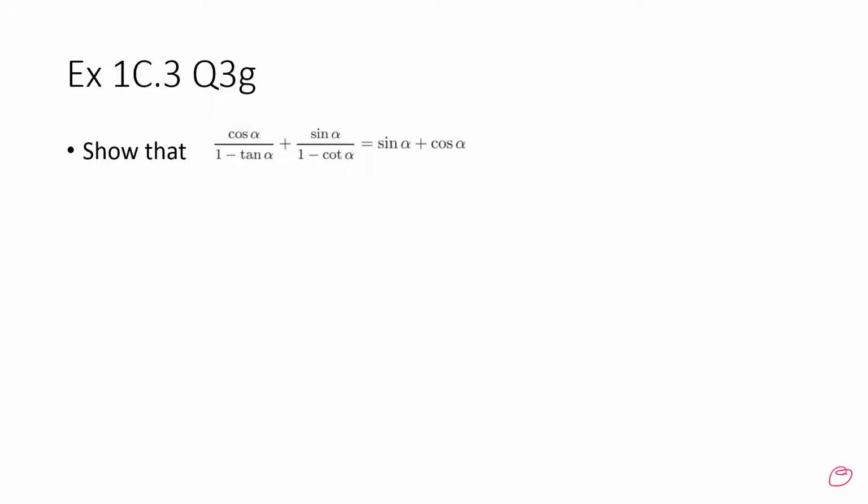Some of you have asked about this question from exercise 1C.3, question 3g. Show that cosine alpha over 1 minus tangent alpha plus sine alpha over 1 minus cotangent alpha equals sine alpha plus cosine alpha. Well, the way to approach this kind of question is always to stick to one side,